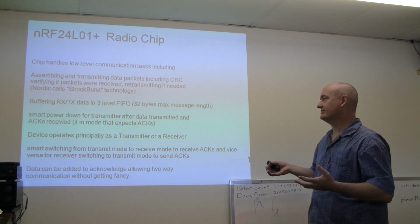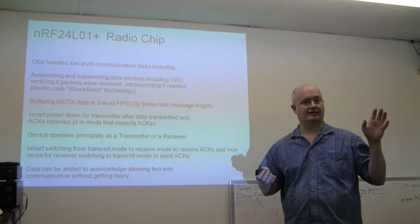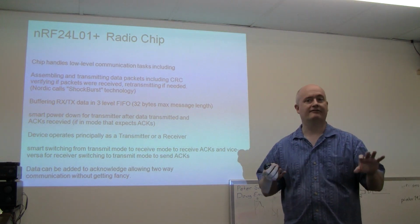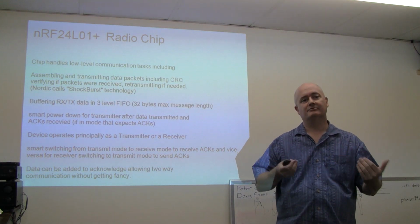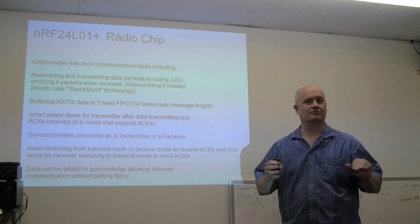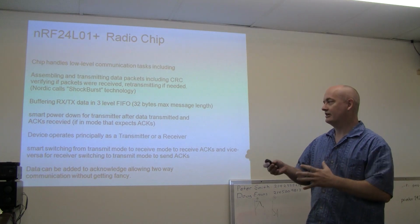Anyway, what this device does is it's talked to via a SPI bus, which is a clocked serial bus. The nice thing about that is if you have a microcontroller running at a frequency that's not very exact, let's say it's using an internal RC oscillator, it doesn't matter how fast you pump the data to this chip. The chip itself does use a 16 megahertz crystal, which through some magic is PLL multiplied to the 2.4 gigahertz range. But anyway, as far as talking to the chip,